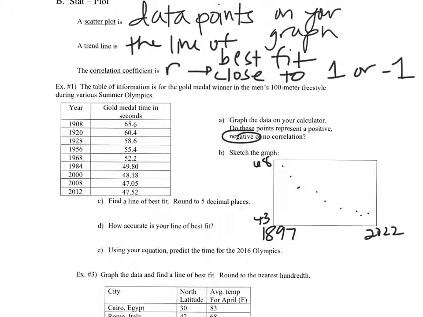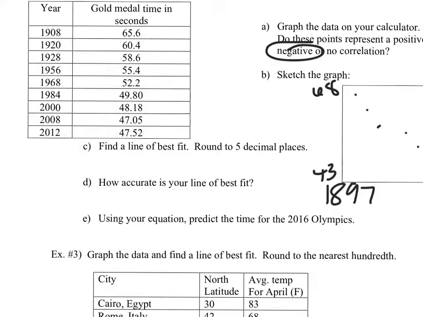Okay? You want to write that so that I can see where your data points are lying on the graph. Now we need to find the line of best fit. We're going to round to 5 decimal places. That's a little crazy. All right, so here we go. I'm going to write y equals, and this says y equals ax plus b. I wish they would have used m, but they didn't. Y equals ax plus b, and a is negative